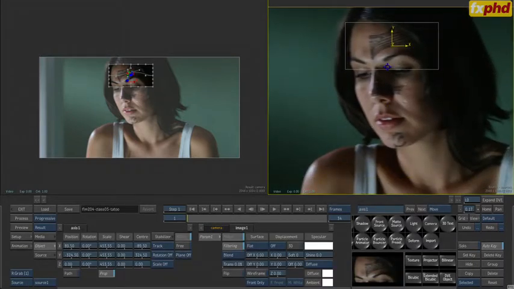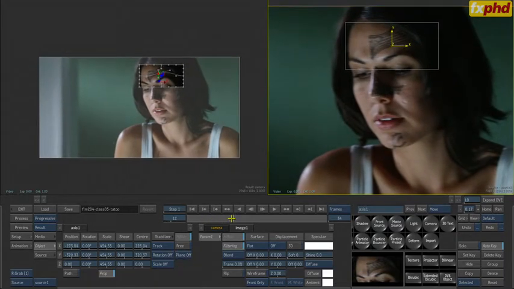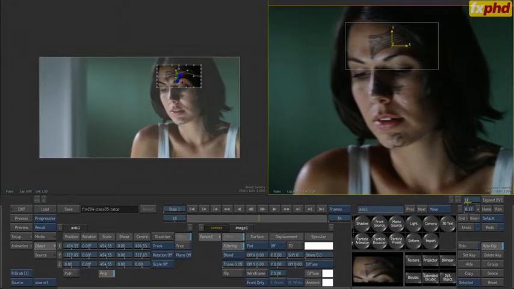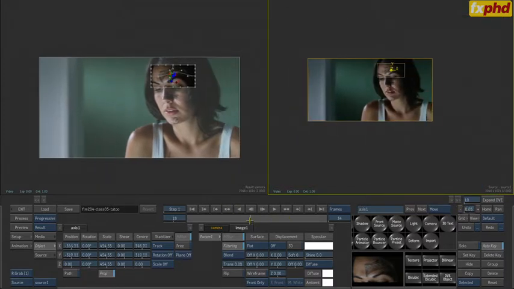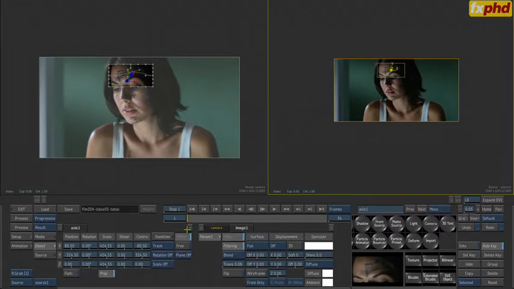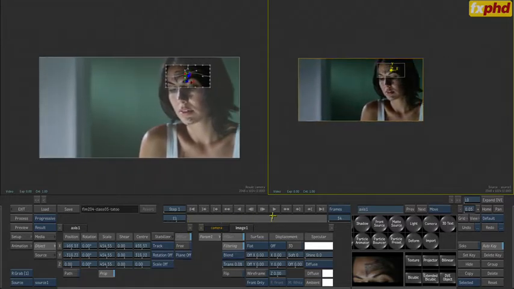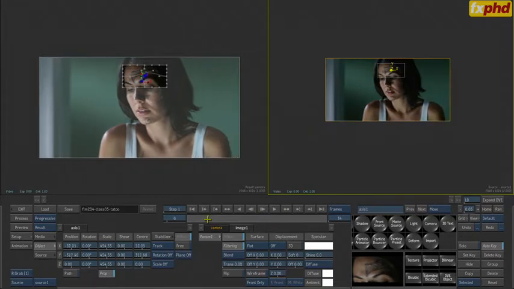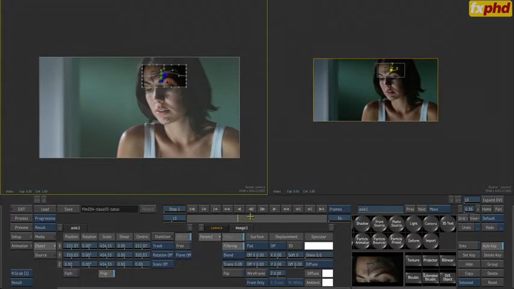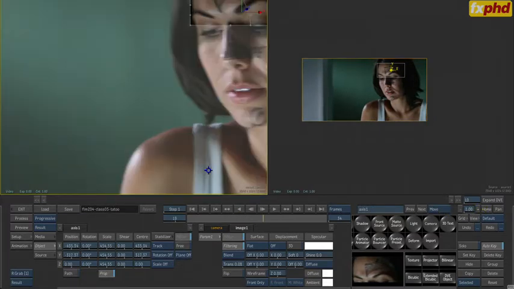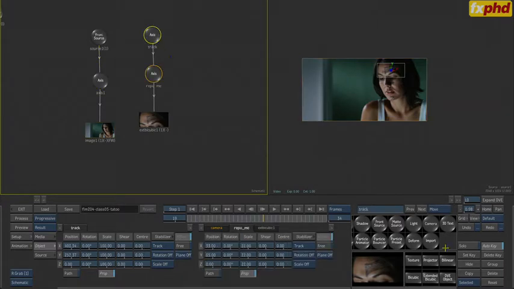And now here, if we look now, you can see that we're actually repositioning her inside our source node. It's actually stabilizing, right? Because that's what stabilize is, right? Negative position. I think I got a little bump here on my track. But you can see here now that that's working out great. And over here, you can see that works out really fantastically as well. And so all we need to do here is just, let's go ahead and take this track and we'll say